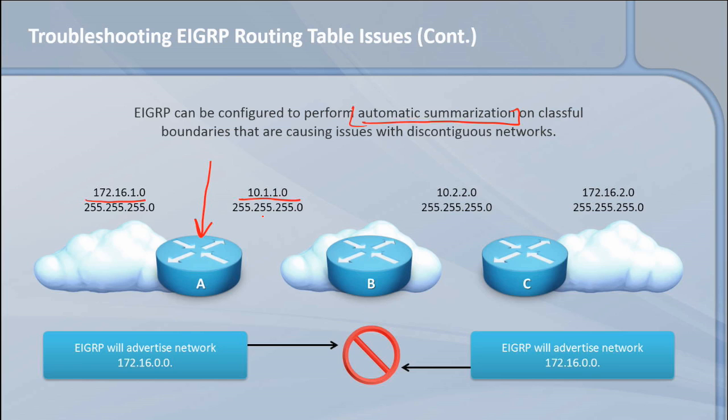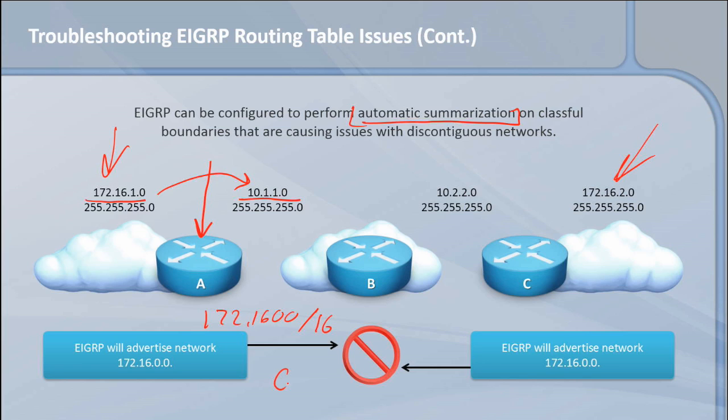You would never create an environment that was completely unhierarchical. In other words, you would never put 172.16.1 over there and 172.16.2 over there. It would be miserable to try to perform summarization, and we know that. So if you ever jump from a 172 address to like a 10 address, we're just going to go ahead and say